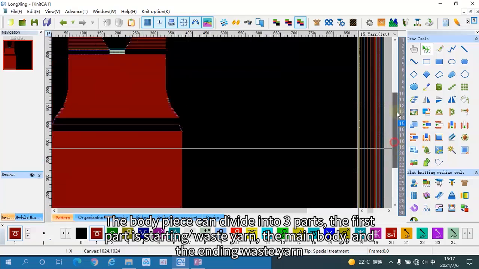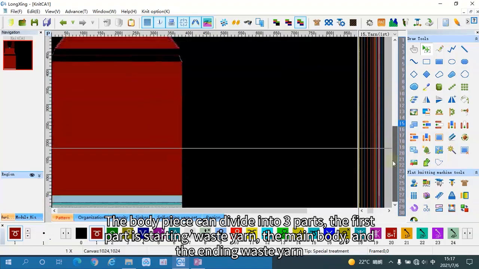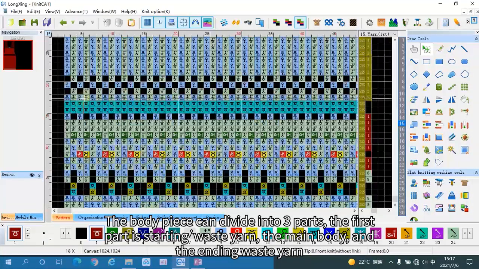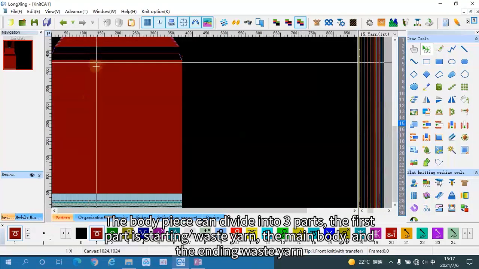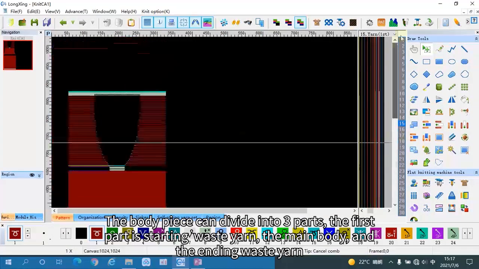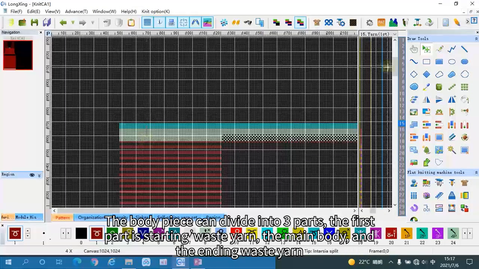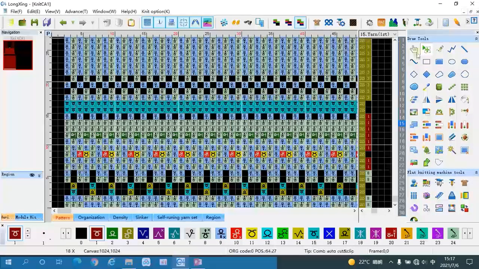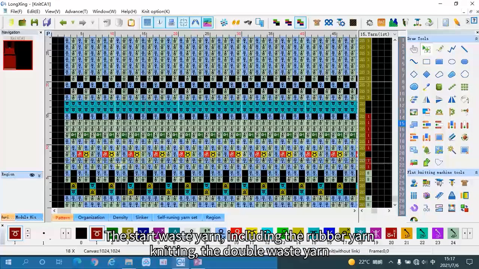The round neck is divided into 3 parts. The first part starts with the yarn, then the main body, and ends with the yarn. You start with the yarn,